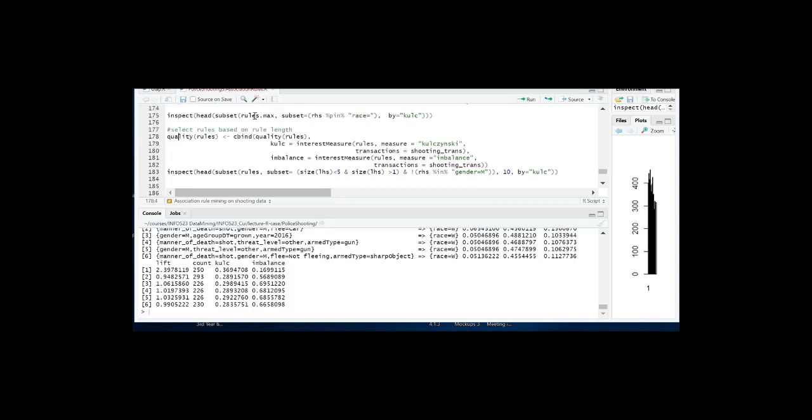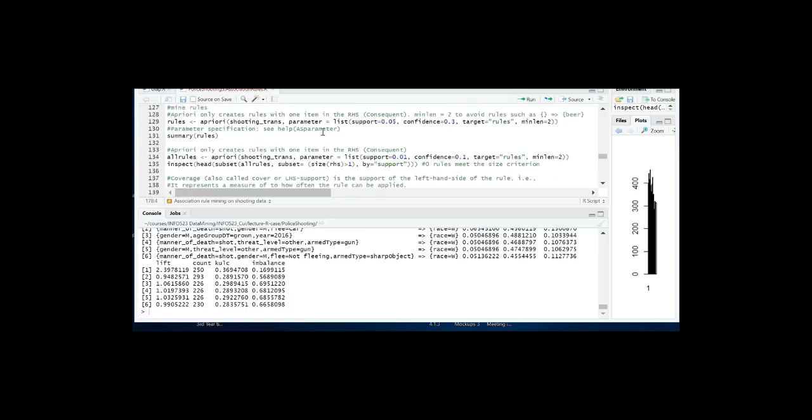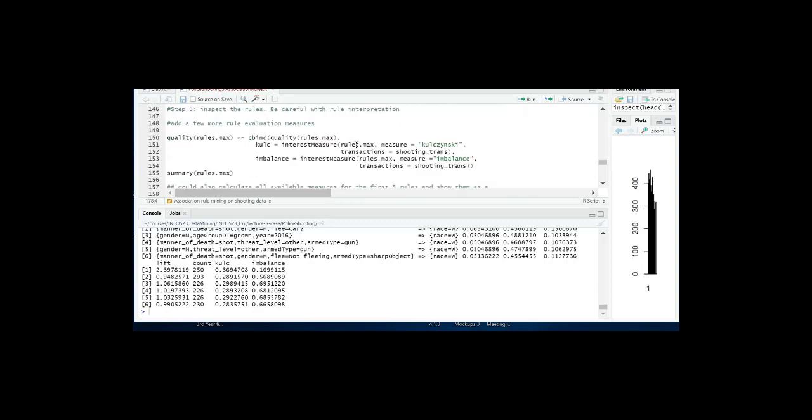So I'm leaving the maximum set. I'm going back to the original rules that we have mined using the support of 0.5 and confidence of 0.3, right? So this is our original rules.